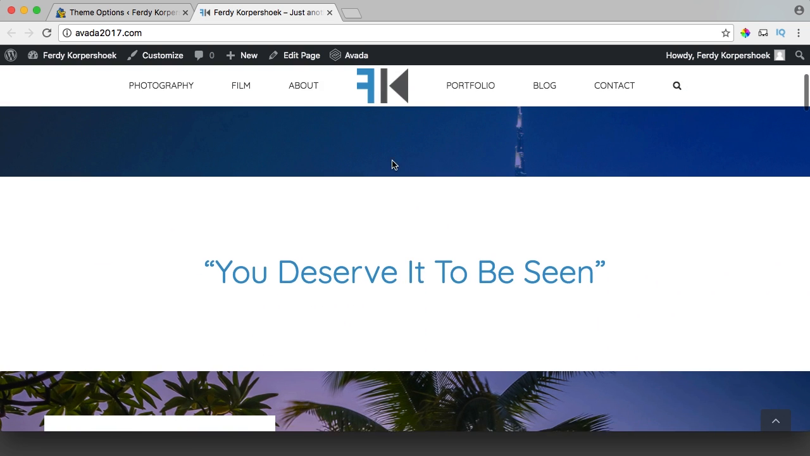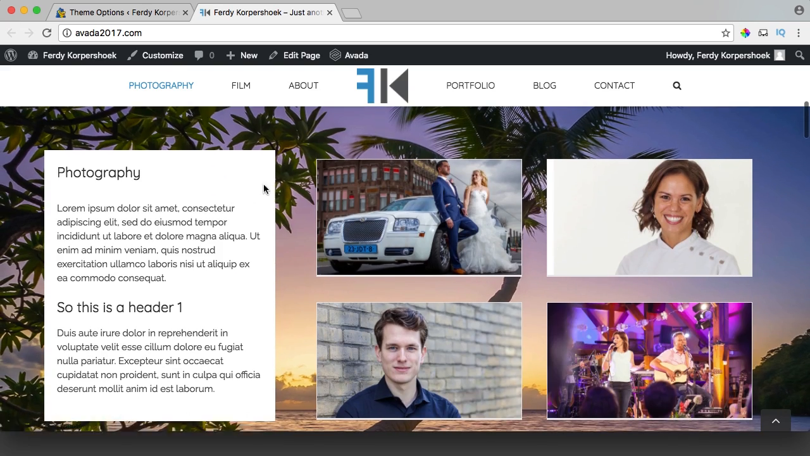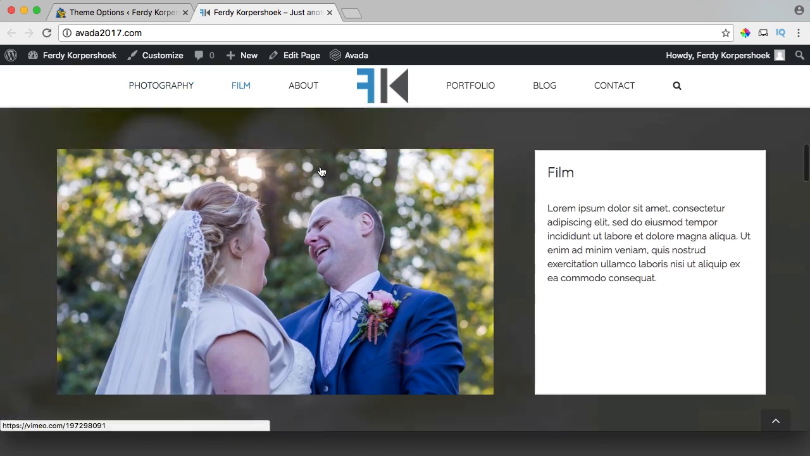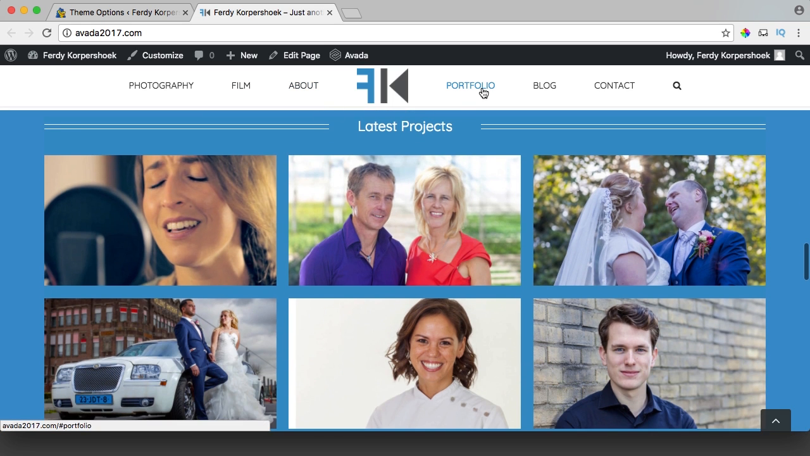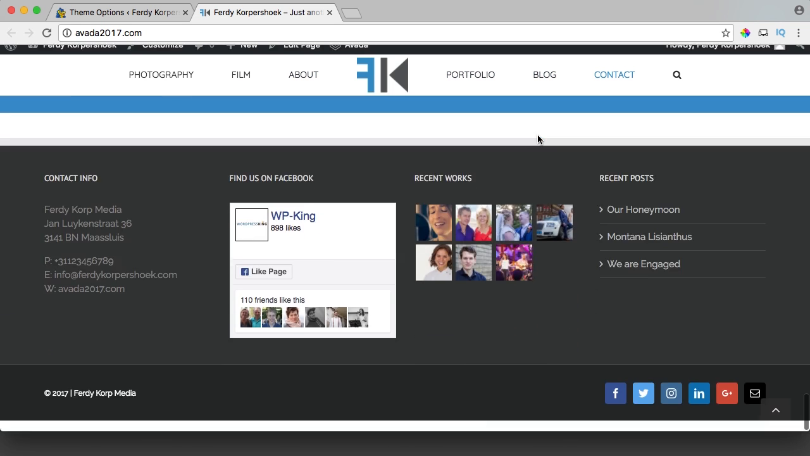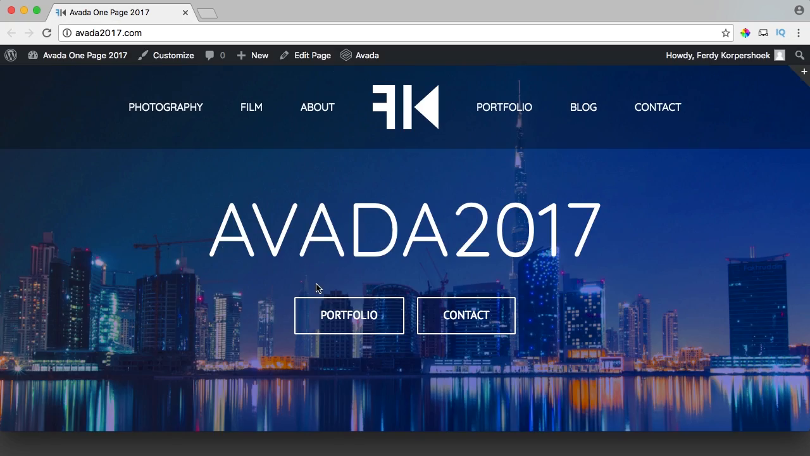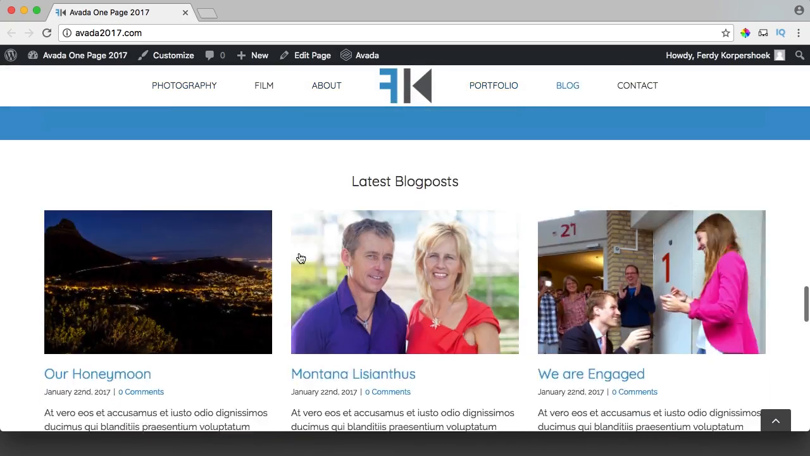Even if I scroll down, it's still blue. And if I click on photography, it stays blue. If I click on film, it stays blue. If I scroll, you see here where you are in the video. So that's looking amazing. One more thing, if you want to change the dates on your blog posts or portfolio